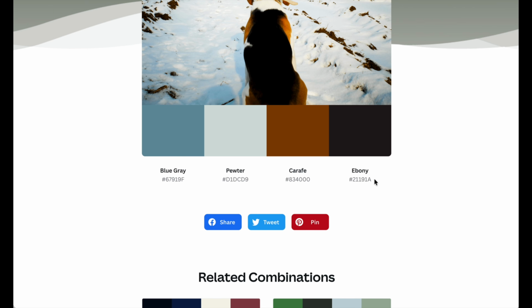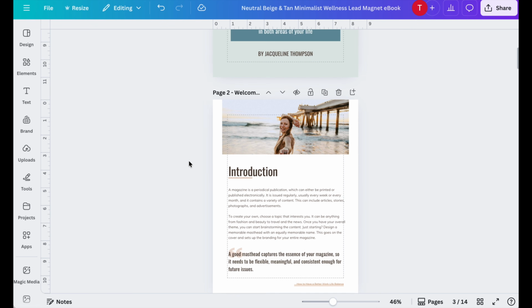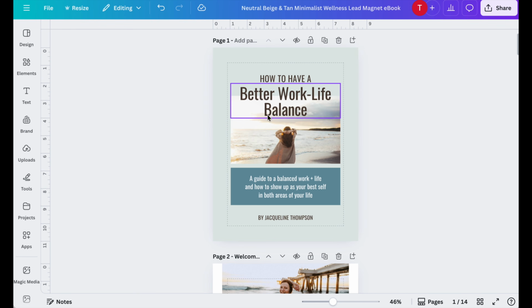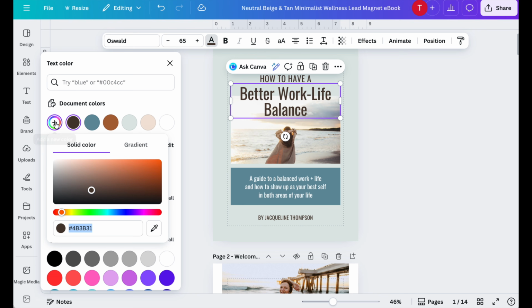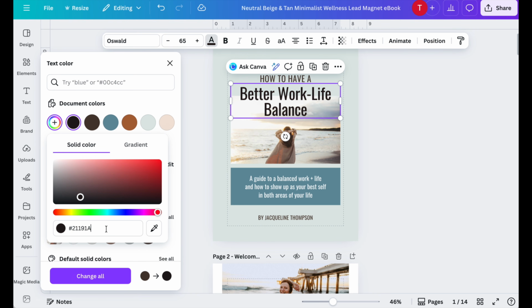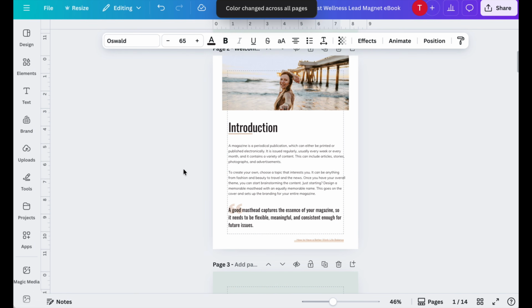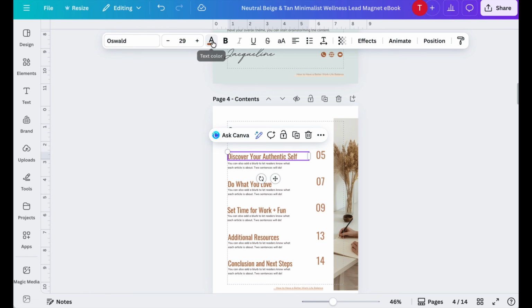So now I'm going to get another color that I'm going to be using. Let me just copy that color code, and I'm going to change the color of this title to this darker color, and it's going to change all of the titles throughout the entire document. So next, let me get this last color,